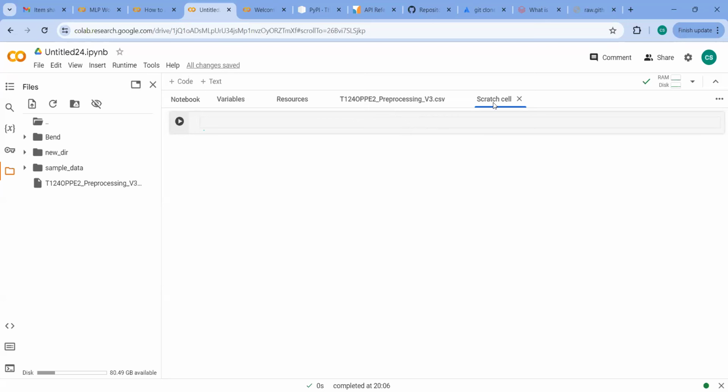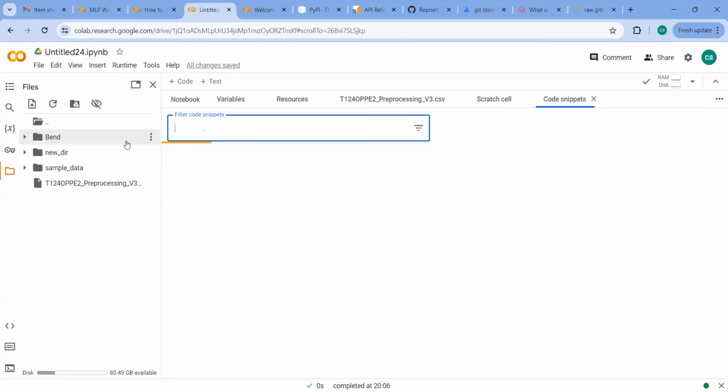Then you can use the scratch cell, write the code here, and copy it, go back and paste it if required. Whatever your logic is, you can say the scratch cell is kind of your rough work, and you can use it whichever way you like. Then